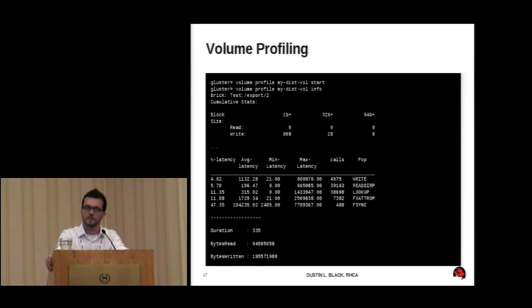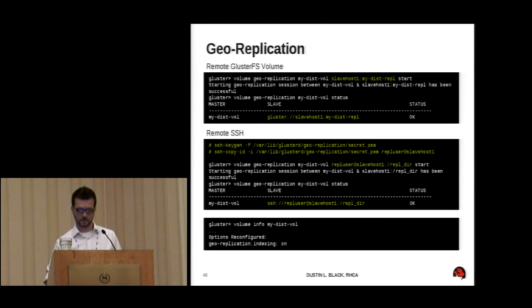The ellipsis that I put in there is cutting out the other lines of output that just wouldn't fit neatly on the screen, but you can see there that the columns that it shows are 1 bit plus 32, 64, so you see those block ranges. If this continued down, you would see higher and higher block ranges and more information on those. You also get the latency output there at the bottom, and then finally it shows you the duration that it's been running and the total bytes read and written during that duration.